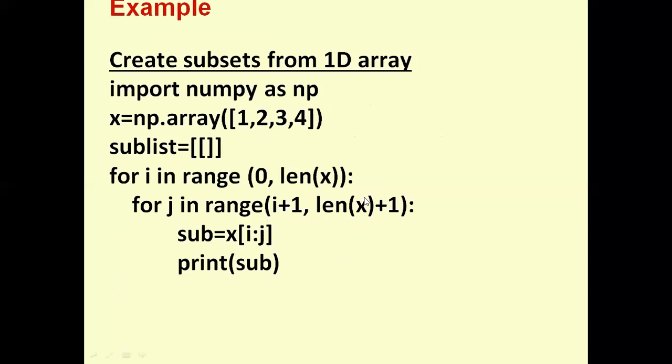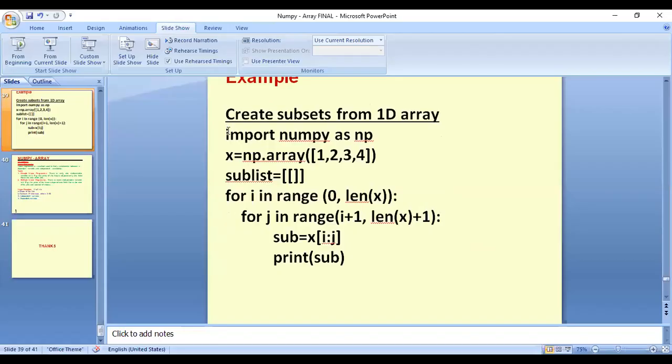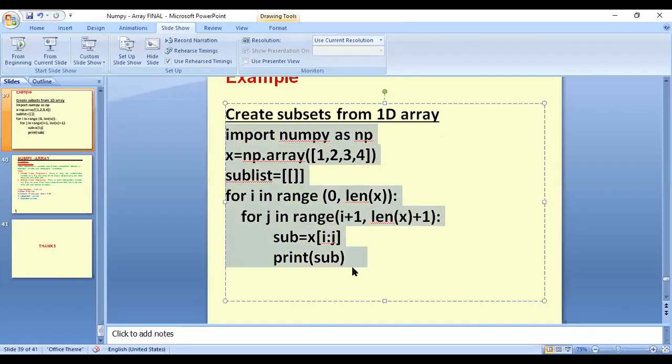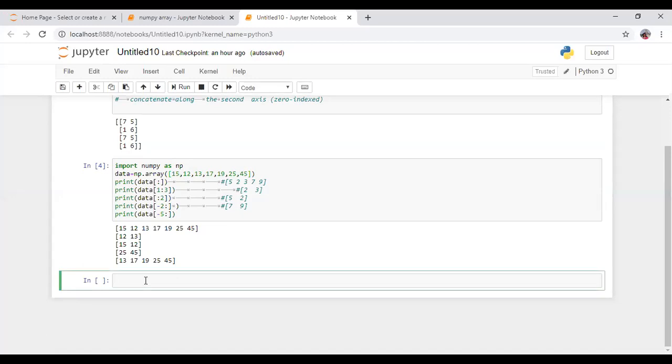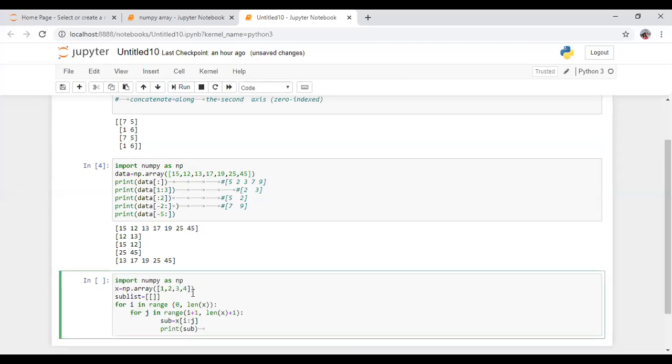So see here another example, I am giving you a practical here, by using a for loop. So I am running it. See here, import numpy as np, x equals array. This is the first value and this is a sublist.